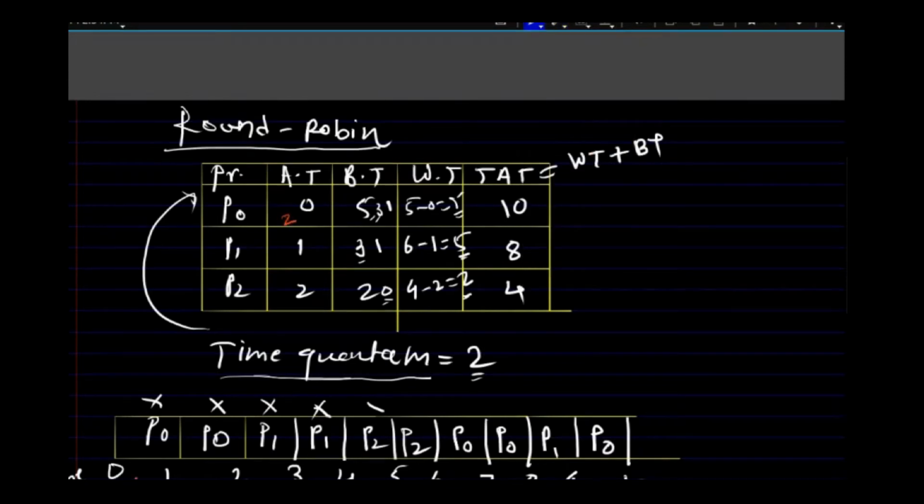then can we schedule the process at time 0? No. Even though it is the first process, it arrives at time 2, which means we can't schedule it at time 0. So what is the condition? Arrival time of that process should be greater than time. So if the time is 0, we have to schedule the process whose arrival time is less than or equal to time. So this is the second condition.